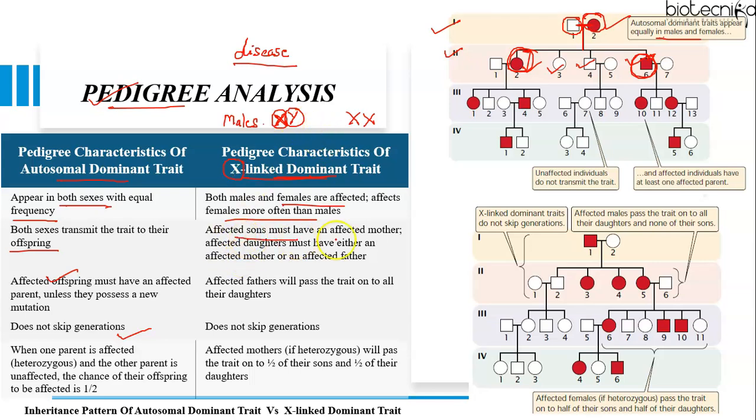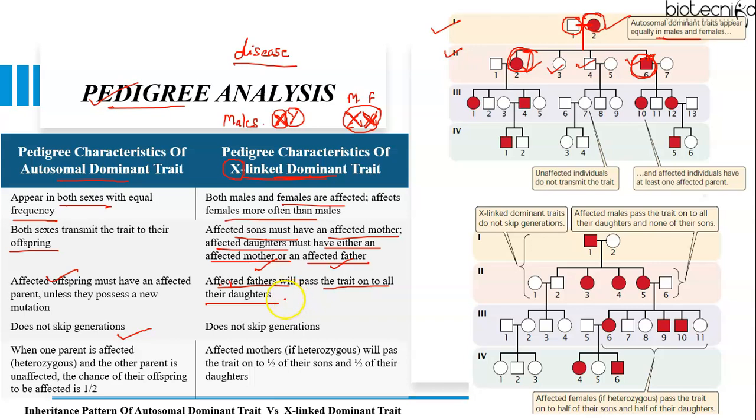So affected sons must have an affected mother, and affected daughters must have either an affected mother or an affected father, because in females there are two X chromosomes, so they can inherit the trait from either the affected mother or an affected father, because one X chromosome comes from the mother and one from the father. Since the father is also contributing an X chromosome, affected fathers will pass the trait on to all their daughters,